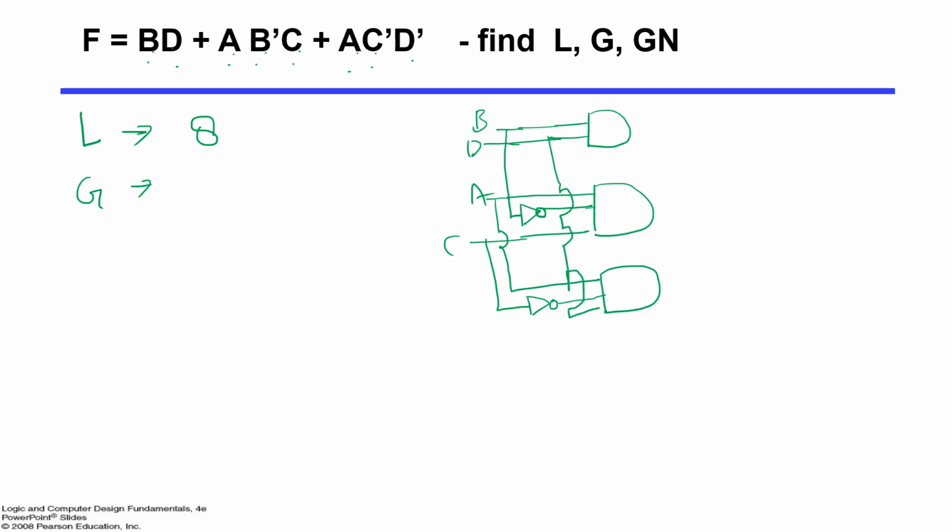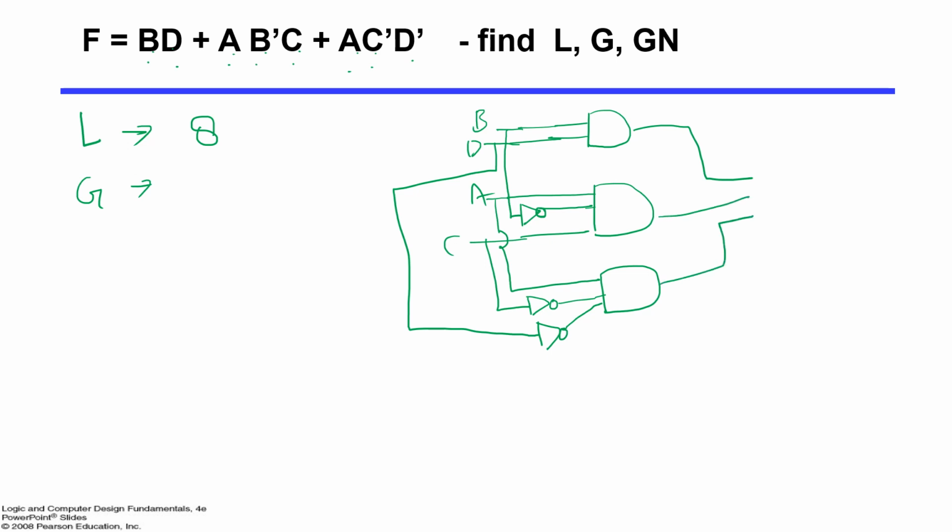Sorry, I need the complement of that. I didn't add the complement here, so let me add the complement. Okay, let me take it here so that it will be much easier. Now we have to OR all of them. So we are putting them all together into an OR gate, and this is your final output. You can say F.